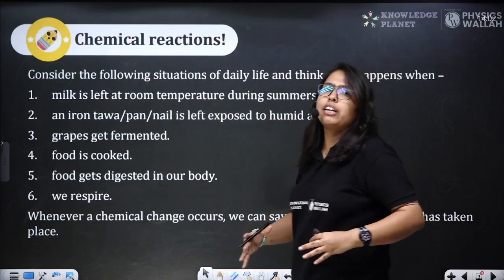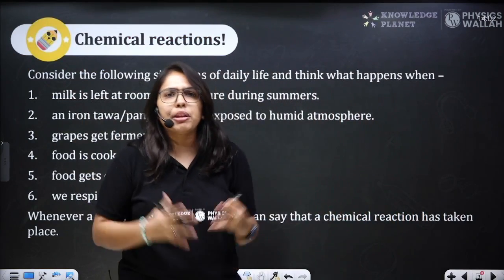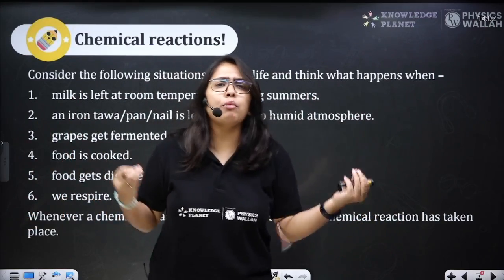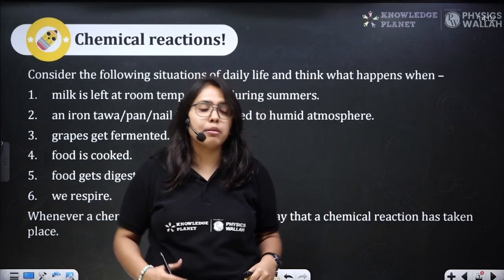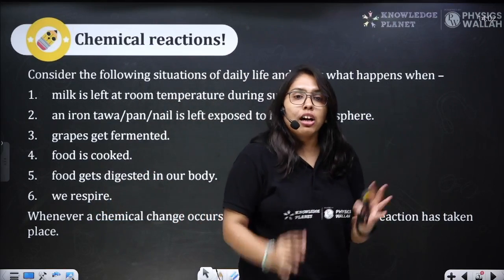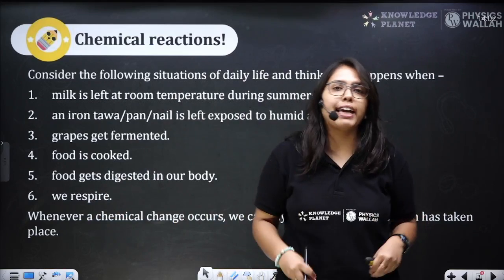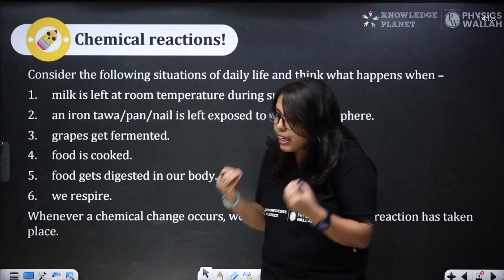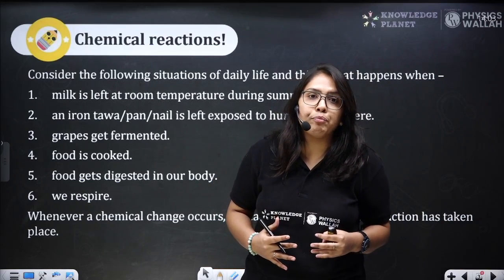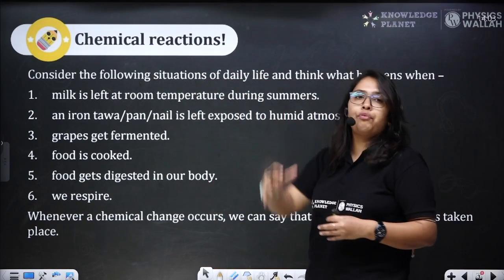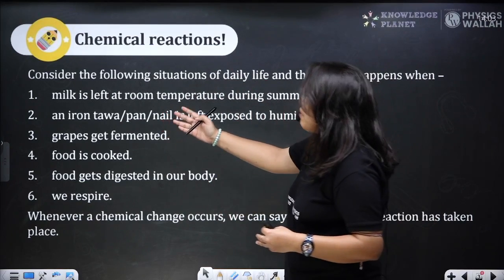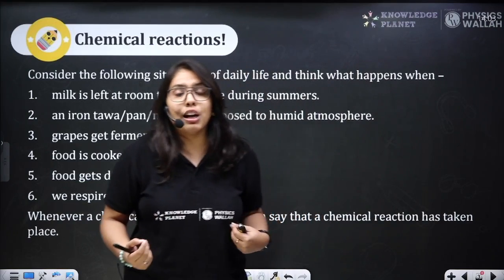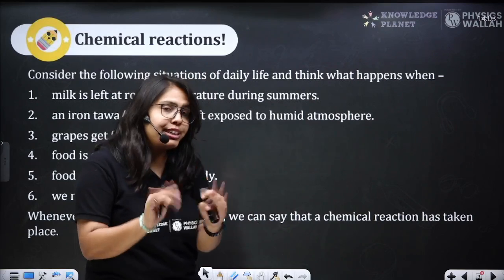What are chemical reactions? What comes to your mind when you think of chemical reactions? Everything around us is the product of some or the other chemical reaction taking place. The food that you eat, the curdling of milk, the nice curd which you like having, all of these are nothing but the products of chemical reactions taking place in our everyday life. You know, the reactions like the grapes getting fermented, the iron tawa, pan or nail which upon exposure to humidity, the change in its color which we call rusting, about which we shall be learning